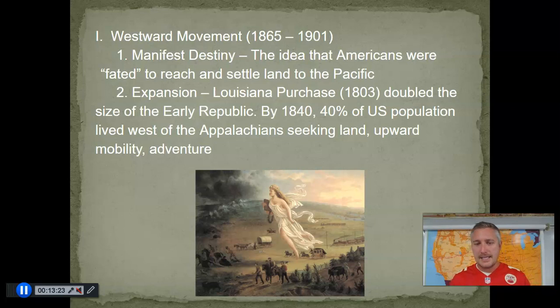So 1803 is when we see the first real, I guess not necessarily the first. After the American Revolution, we really doubled our size. But even from that, we went all the way from the East Coast to the Mississippi River. The Louisiana Purchase doubled our size even further. So, by 1840, 40% of the population is moving westward, and they're moving westward for land, for,